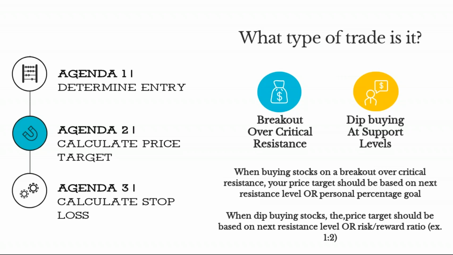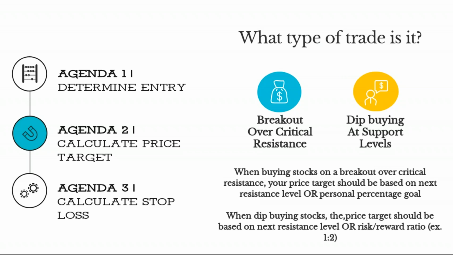And that kind of kills two birds with one stone. So if the next resistance level is on a 10% increase, and your personal goal is a 5% increase, you know that your personal goal is going to be hit first. And that's ideal. That's what you want to happen. You want your personal percentage goal or your risk reward ratio to be met before the next resistance level, if at all possible. Because the less amount of resistance points having to break, the higher probability of your trade being